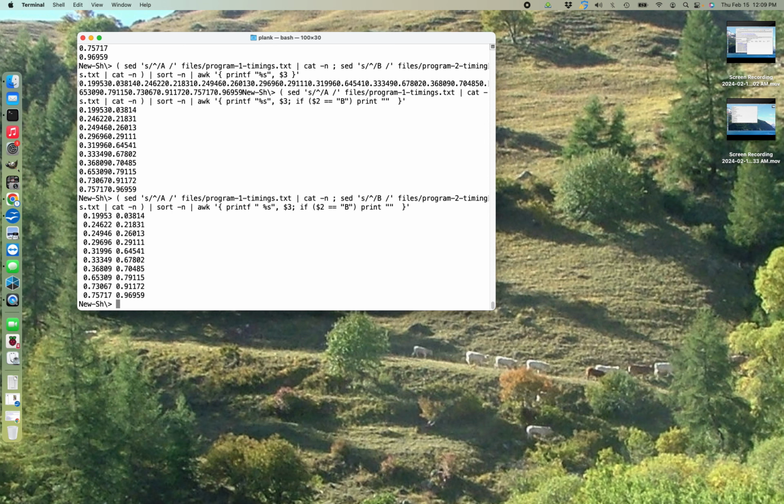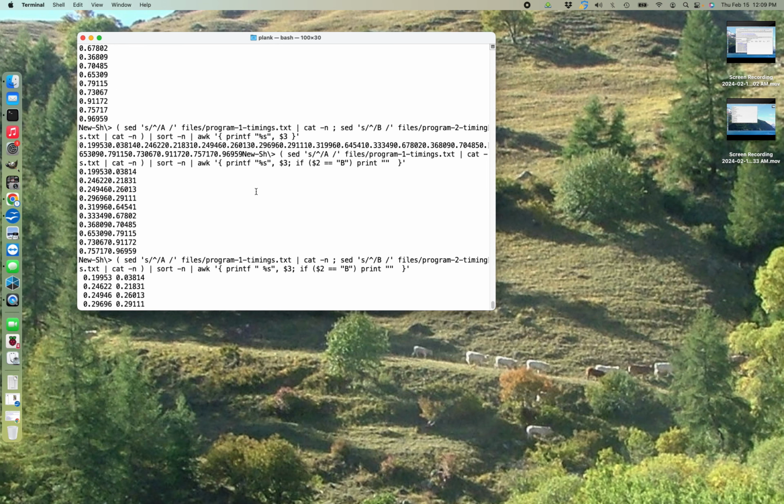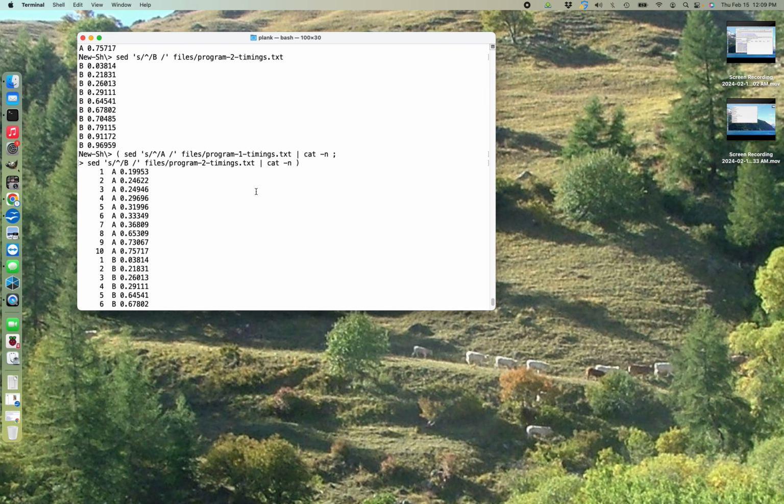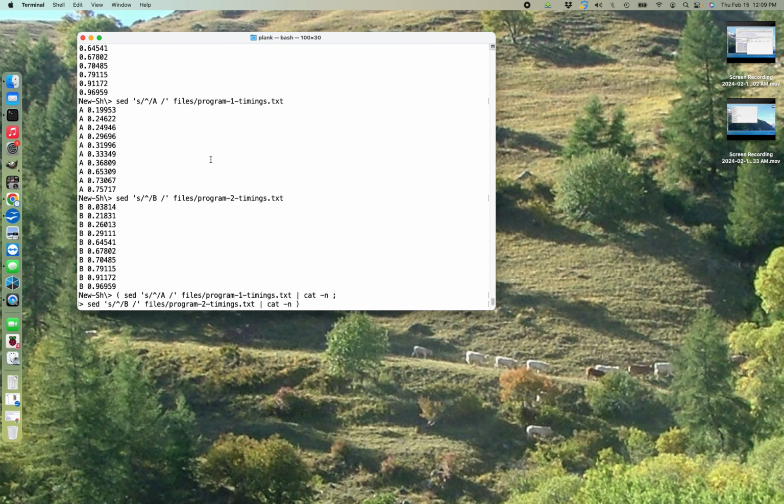The first one you're doing is s slash, so that's substitute. What's the caret doing? The caret is beginning of line. So here are the sed commands. There's the sed command. What that's saying is, at the beginning of the line, substitute an A and a space. So that's what puts the A here.